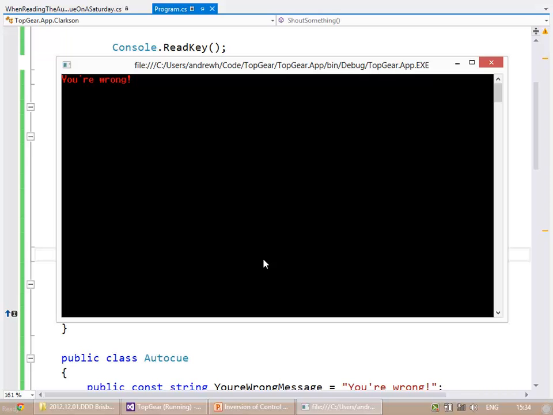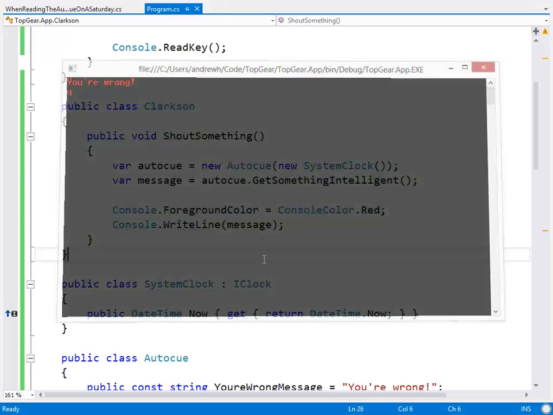Right. Let's give Clarkson one more tool. Now, Clarkson's not going to say these things quietly and politely. He's going to shout them. So he's going to shout them, in this case, into a megaphone. So we're going to remove the knowledge. Doesn't need one.